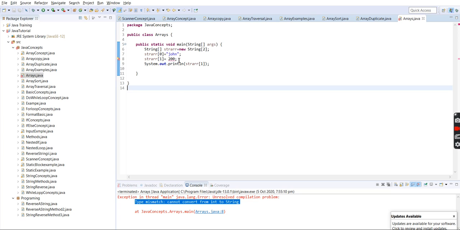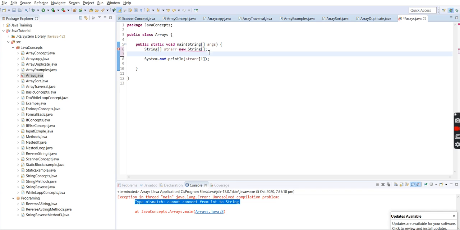Another important thing while declaring the array: what if we give a negative size? We'll see.